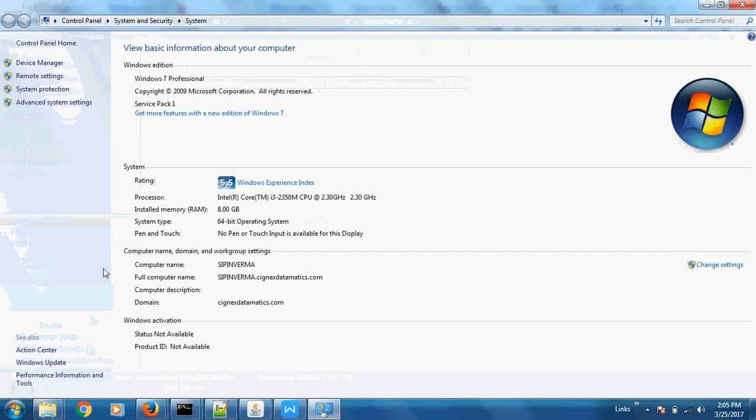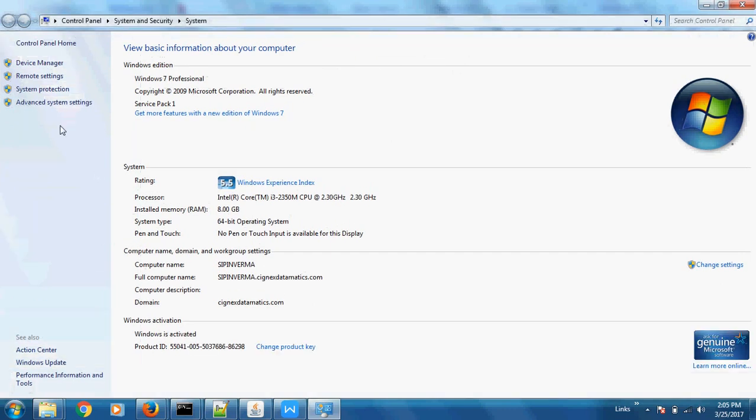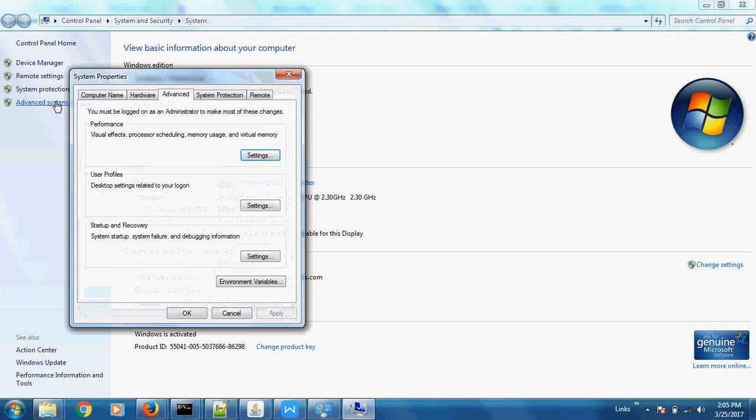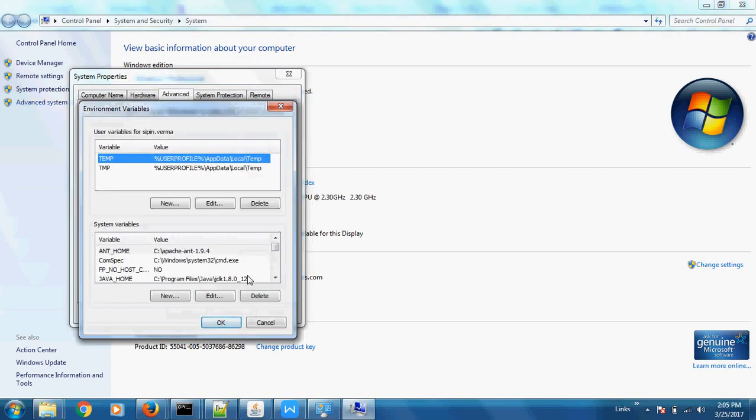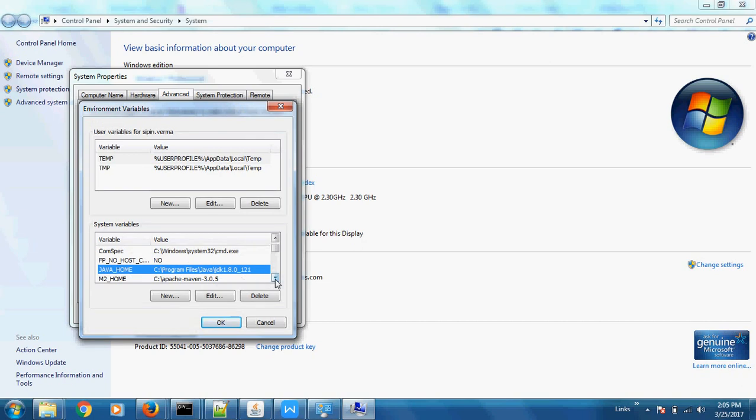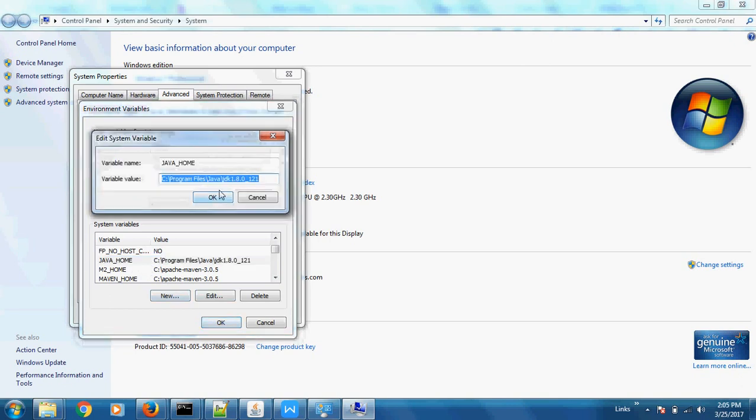To update the environment variable, you need to go to properties in My Computer, click on advanced system settings, go to environment variables, and here you will see the JAVA_HOME environment variable. If it doesn't exist on your system, then create a new system environment variable with the name JAVA_HOME, and inside that you will have to paste the path of your JDK.